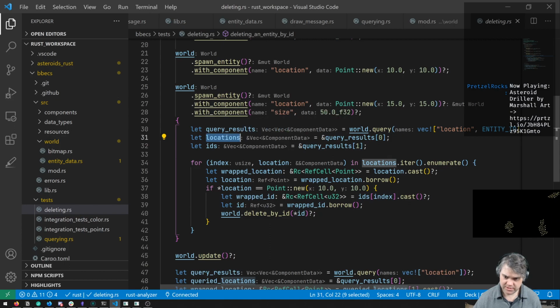So locations should be the first one, and IDs should be the second one. Okay, so for loop in the locations, application is this cast.